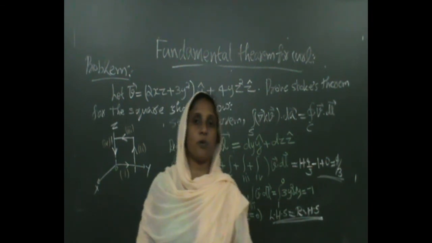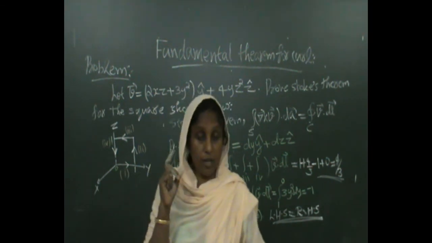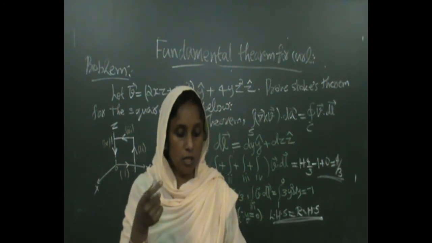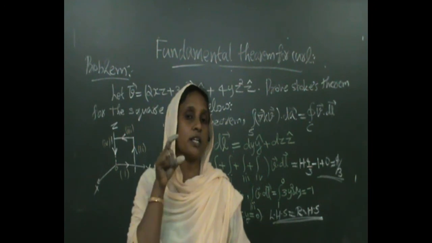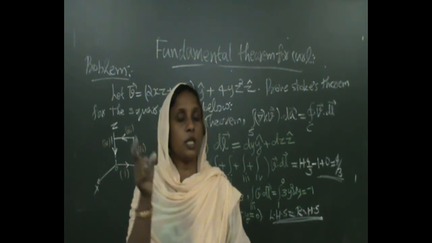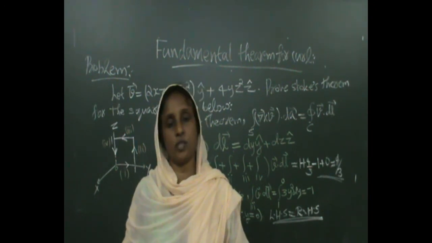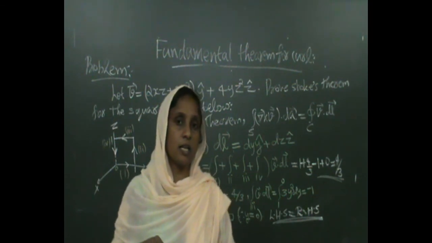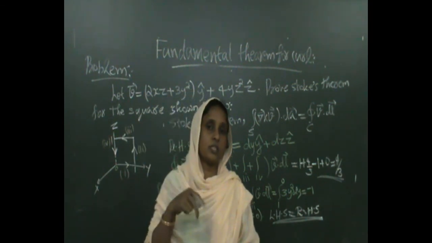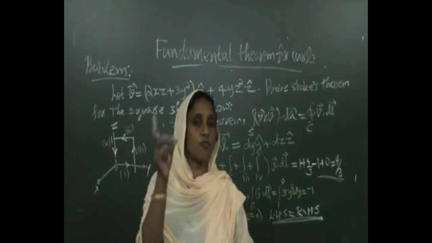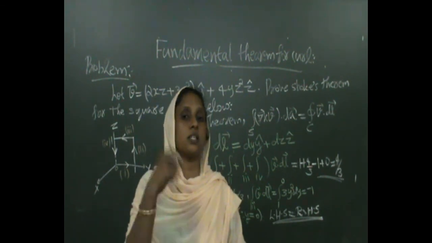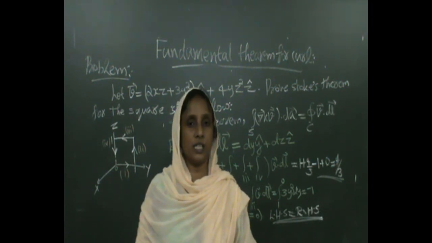The main point is that for a vector field, the surface integral of the curl is always independent of the surface chosen. It depends only on the boundary of the surface. Similarly, if you take the surface integral of the curl of a vector field over a closed surface, it is always 0.